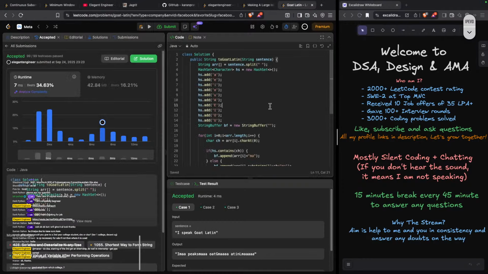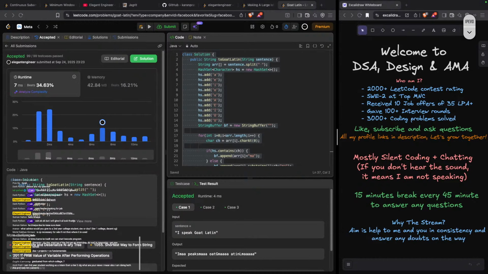This should work now, right? Yeah, it works. Pretty straightforward. Not a good solution anyway, as I said, right?